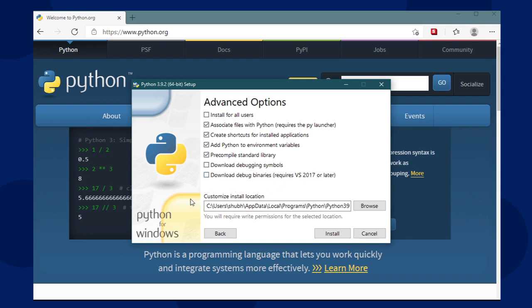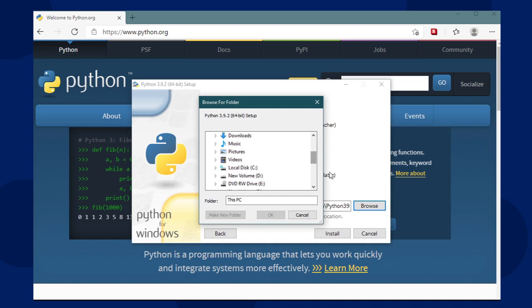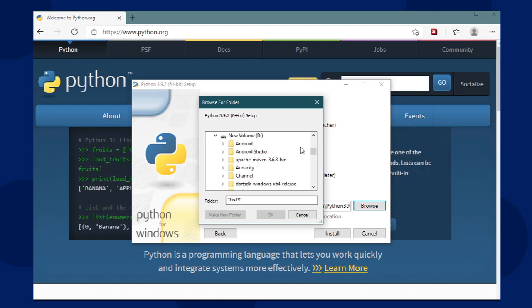The last option is to customize the installation location. This is basically the primary reason why I customize the installation, because I want to change the location where my Python interpreter will be installed. To choose the location, you have to click on the Browse button, and it will show a pop-up asking where you want to save your files.